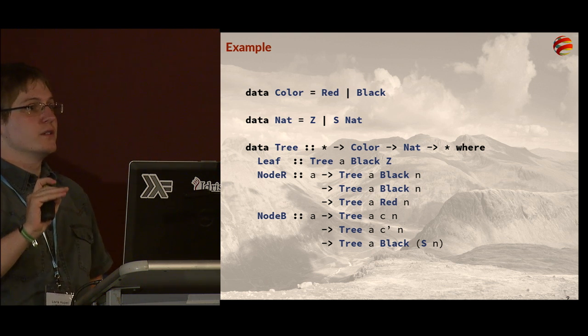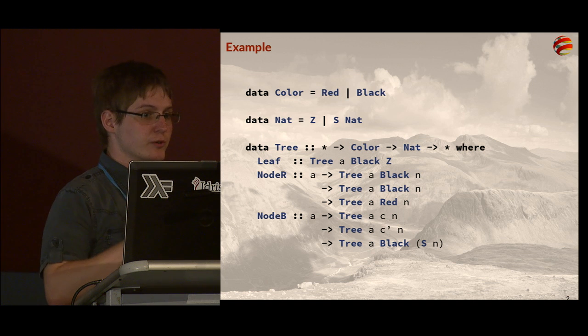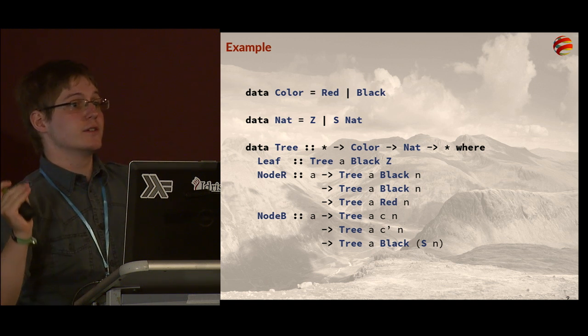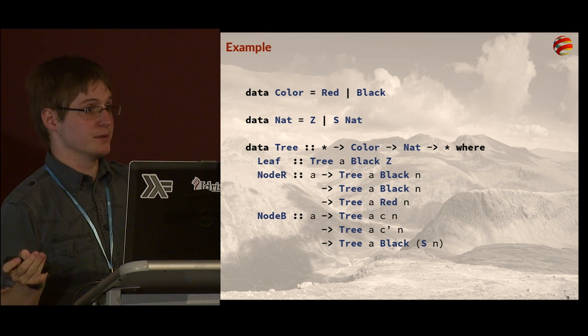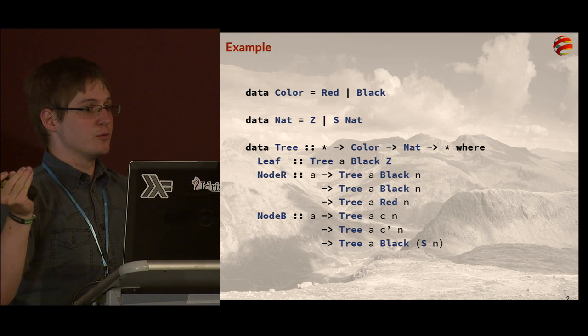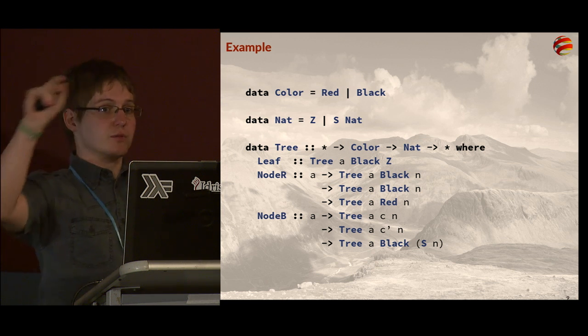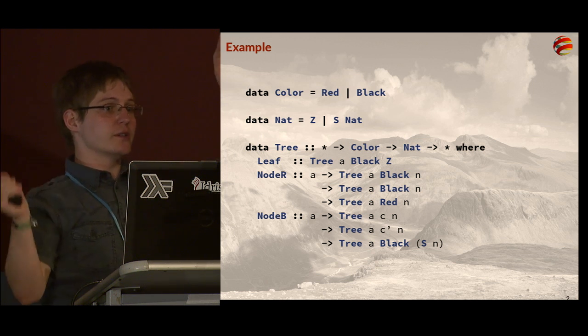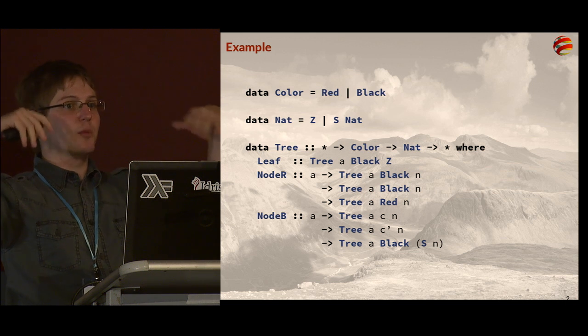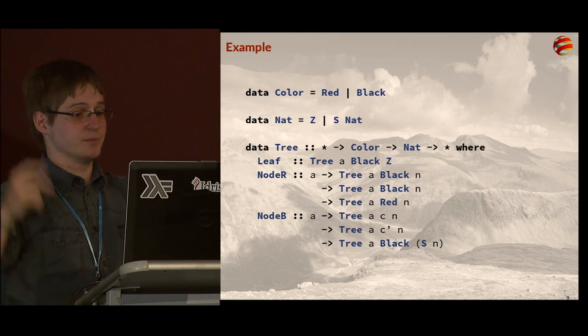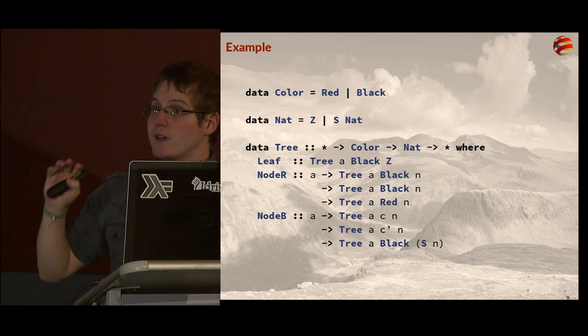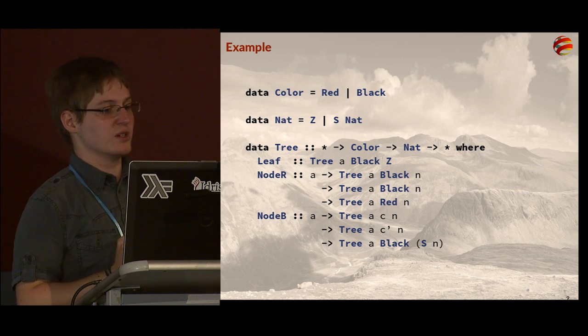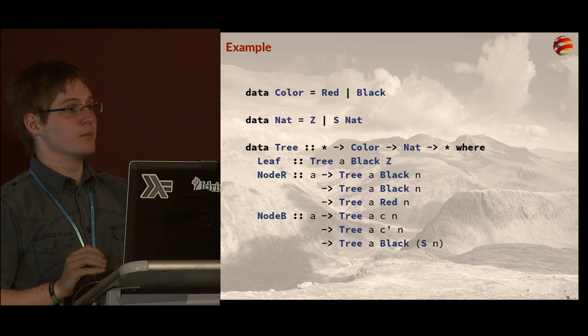If you want to implement, for example, the insert function, you will notice that while constructing the tree, you will violate this invariant. And then you have to balance the tree again. So essentially, you figure out where to insert this value, you insert it, and then you have to perform another operation to reconstruct the invariant. So actually, you can't write down this insert function, because the type checker will complain at you because the invariant is violated.